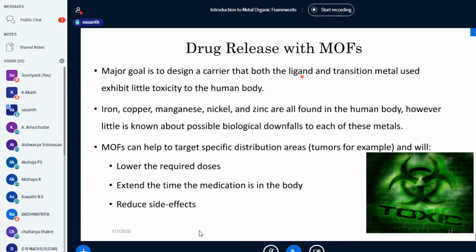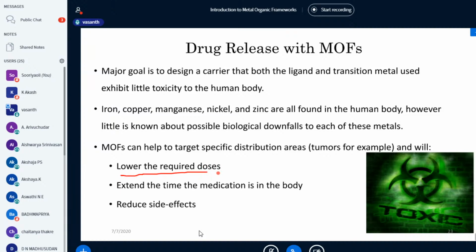With the help of suitable ligands and transition metals, metal organic frameworks can reduce toxicity to the human body. When we take them into our body, the toxicity can be nullified. Like if you take an iron metal organic framework, it cannot be toxic to humans at all, because when it degrades, it produces iron as well as terephthalic acid, which are components of the human body. So it can be absorbed by the human body or given out by it, and is not toxic to humans at all.